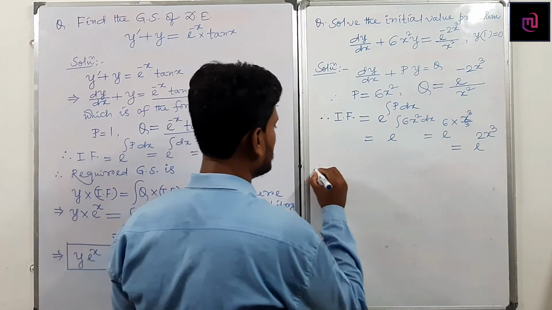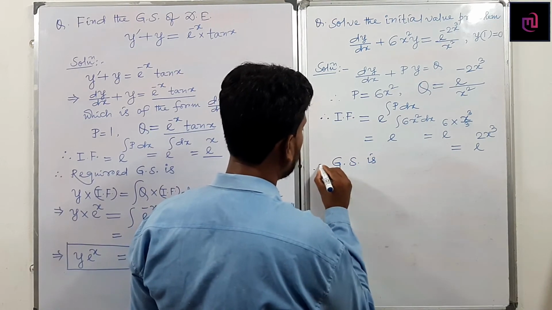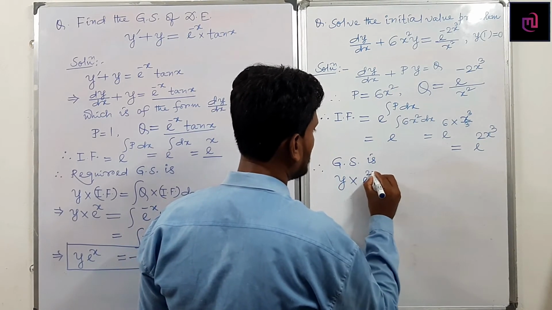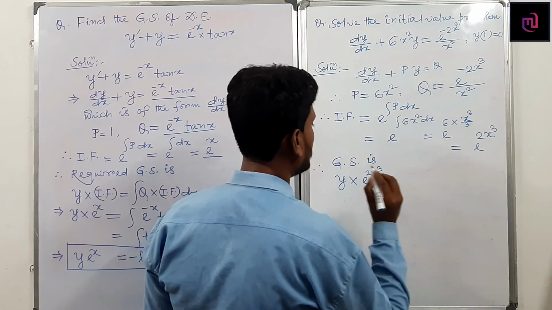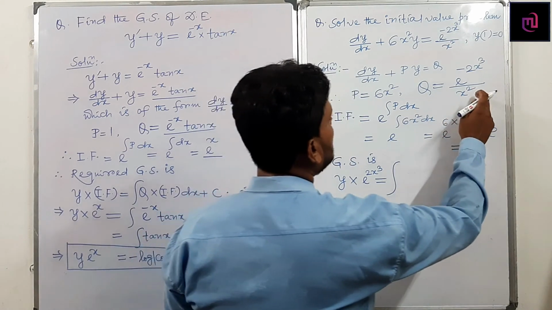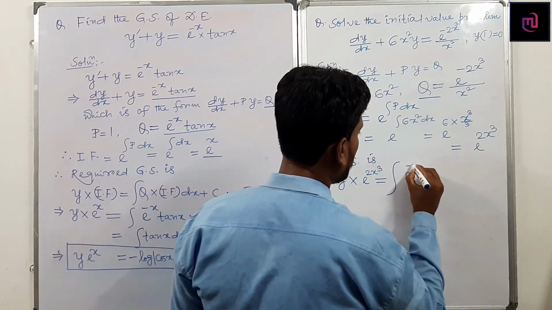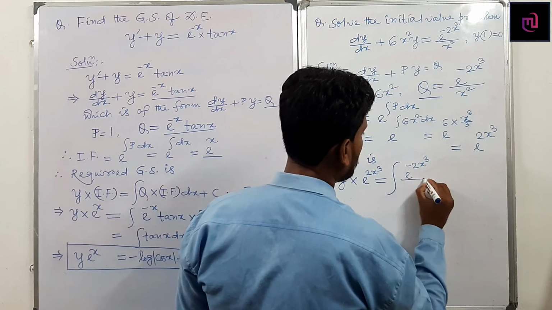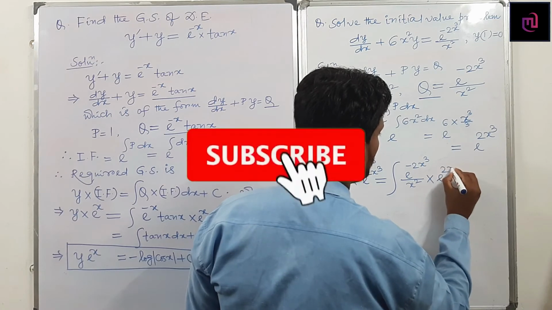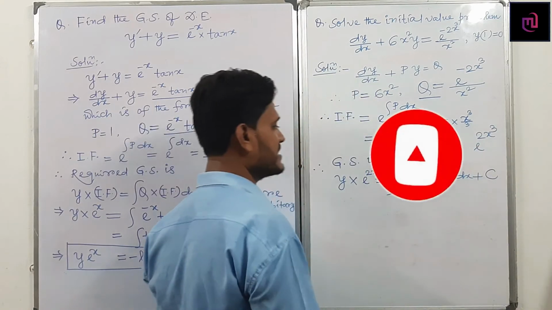So the required general solution is, the dependent variable y into integrating factor. So it becomes e to the power 2x cube. Y into integrating factor equals to integration of q into integrating factor. What is q? Q becomes this part. So can I write e to the power minus 2x cube whole divided by x square. Q into integrating factor becomes this part, e to the power 2x cube whole into dx plus some arbitrary constant or integrating constant c.